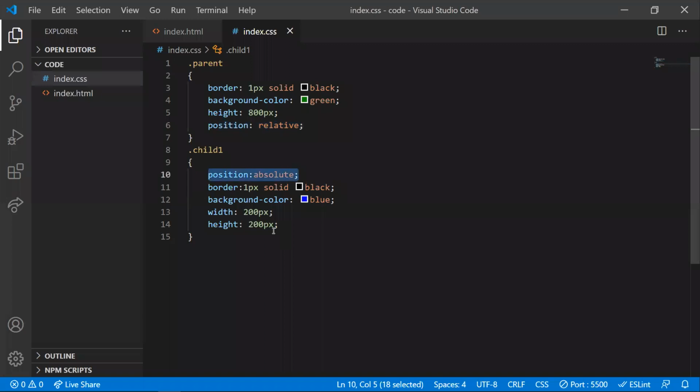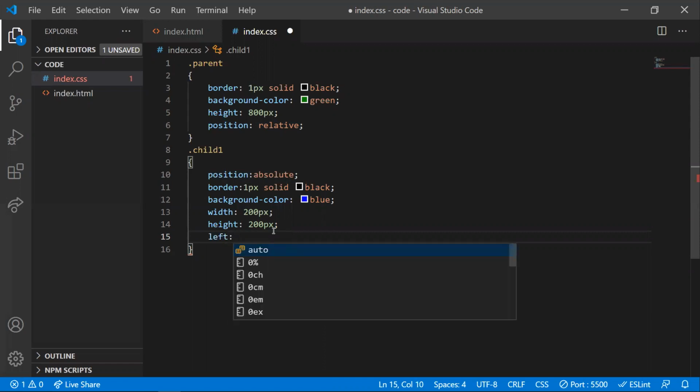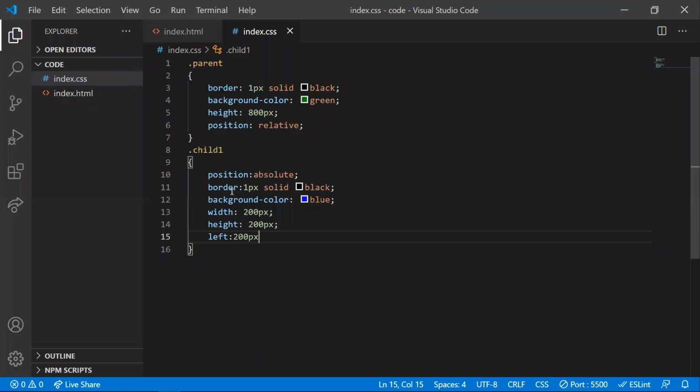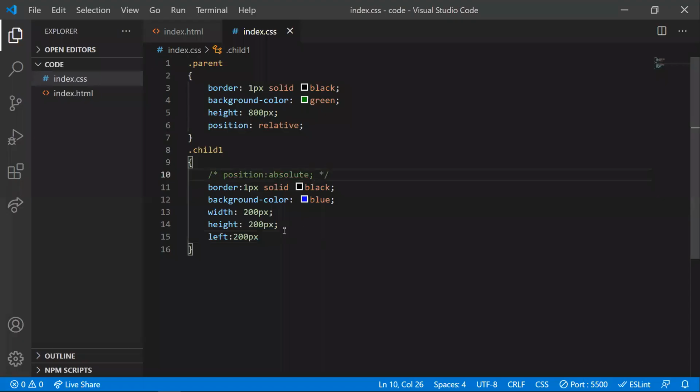So if you do that, and if I put left, if I want to move it to the left, so it moves to the left, because if I remove this positioning over here, then it stays in the same place. Even if I put bottom, it doesn't move because it doesn't know where to move.